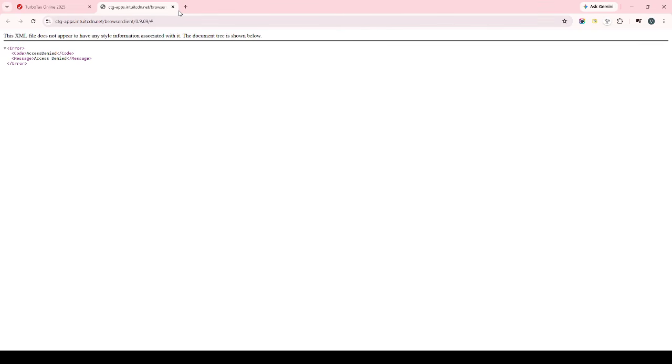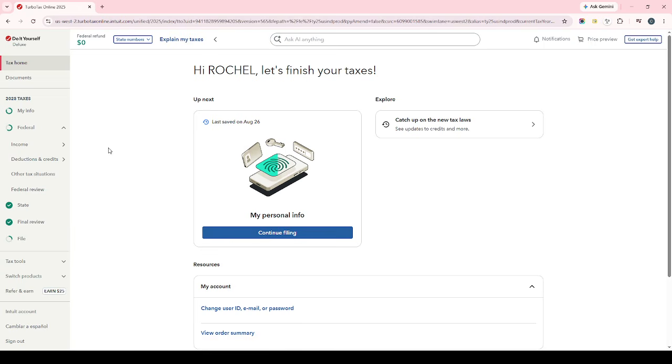Once you're in Investments and Savings, use the search feature to look for Acorns. Typing the provider name directly is usually the fastest way to find the right financial institution, especially if there are many options listed. As you search, pay attention to the exact match that appears so you can select the correct provider. This is important because choosing the right source helps ensure your 1099-B and 1099-DIV information is imported from the